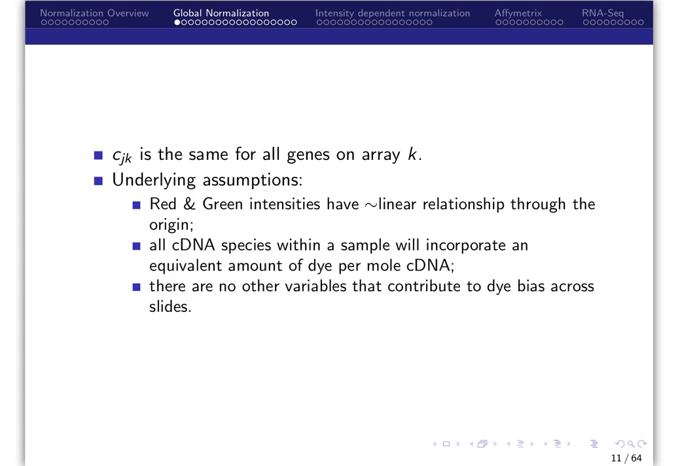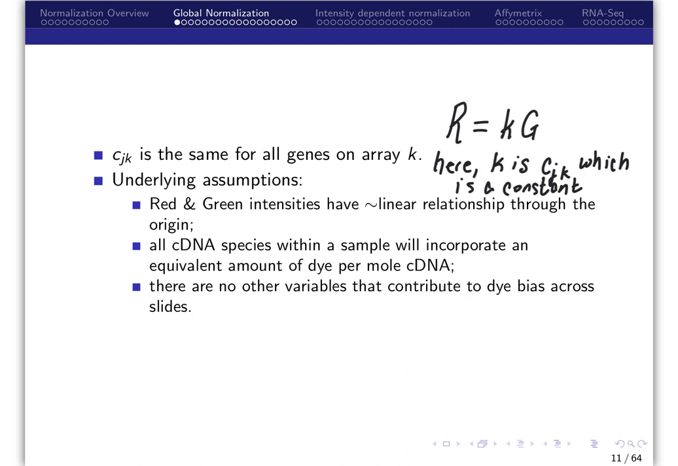For global normalization, C sub jk is assumed to be the same for all spots j on array k. An underlying assumption is that the red and green intensities are related by a constant factor, r equals k times g. That is, there is a linear relationship between the red and green intensities, and that the linear relationship goes through the origin. Also, global normalization assumes that all cDNA species within a sample will incorporate an equivalent amount